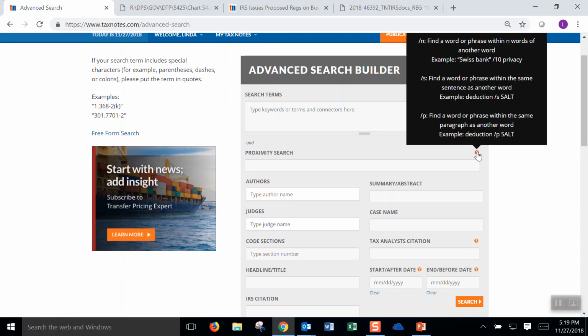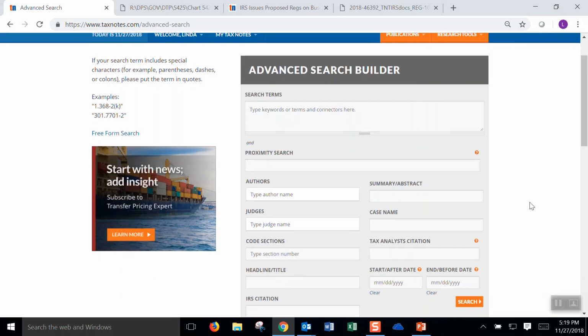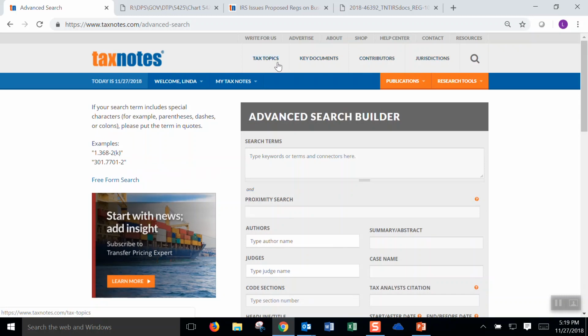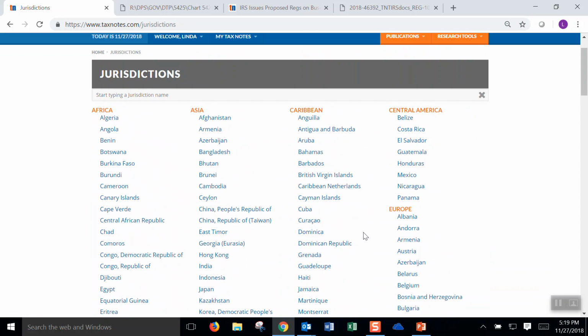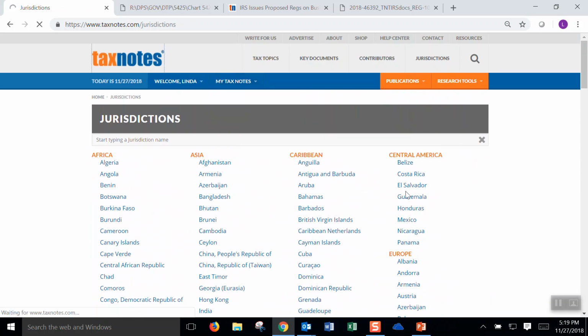Here in the advanced search is where we would do our proximity search. We use the same connectors /number, /s, and /p that you would use in Lexis. In the advanced search also we have fields similar to Lexis segments where you could put your keywords in a specific field of the search. The advanced search also supports a code section-based search. Finally, these 4 keys across the top of the page will lead me through to click-through based searches based on categories. So let's take a closer look at searching.